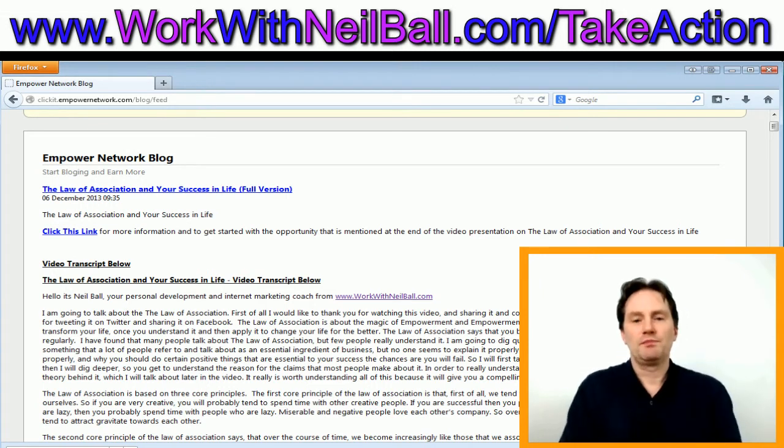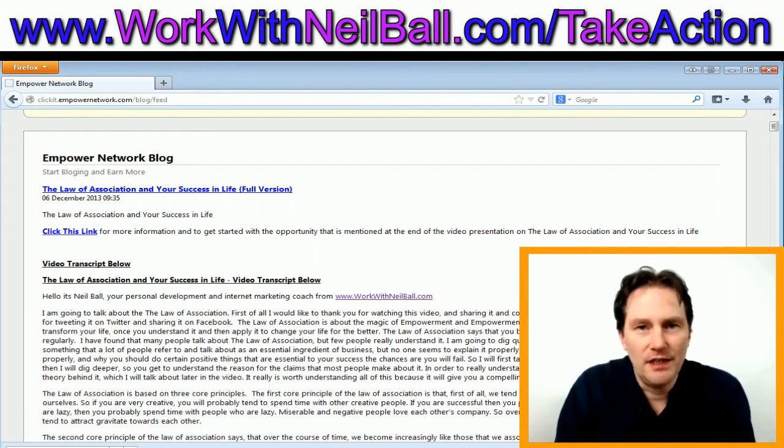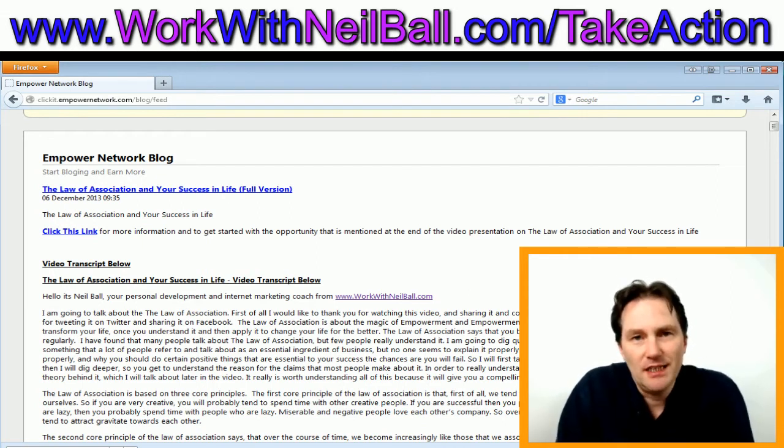None of this really matters when you're looking at one RSS feed, but if you put them all through an aggregator, then all of a sudden it becomes relevant, because if you've got lots of RSS feeds from different websites all feeding into one feed using an aggregator, then you might not be looking at 10 posts on the screen, you might be looking at 100 posts on the screen, and then all of a sudden having to scroll down the whole of every post like you have to in Internet Explorer normally, compared to the way that Mozilla Firefox shows it, where it normally gives you a summary, apart from when you're looking at an Empower Network blog,